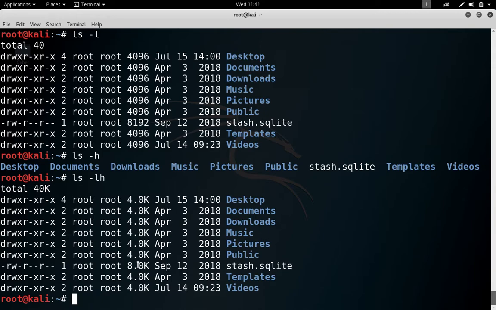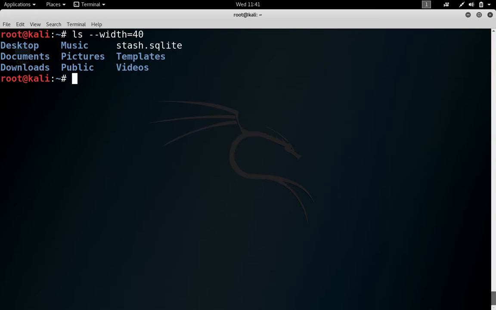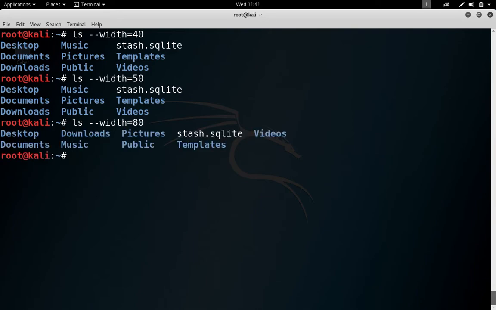Now clear this using Ctrl L and try to check another option, --width equal to, try to make it 40. So you can see, and now see the difference. Again I'm trying to make it 80, and now see the difference.